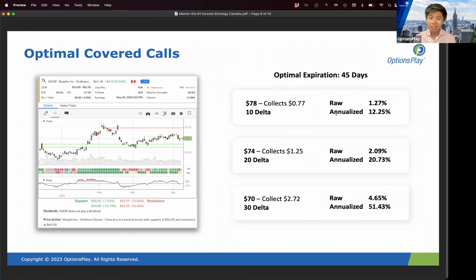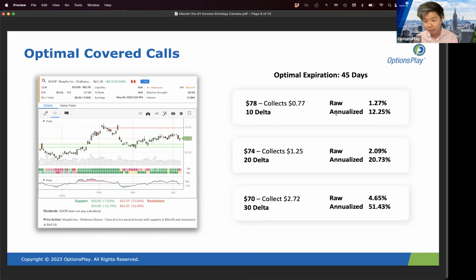Well, this is really why we've done a lot of research on this. We've backtested this strategy, covered calls, on hundreds of symbols over about 14, 15 years' worth of data, testing different expiration dates and different strike prices to give you a sense of where you should start your research and where you should pick your covered calls. And if any of you have ever struggled with picking a covered call, type yes into the chat window.